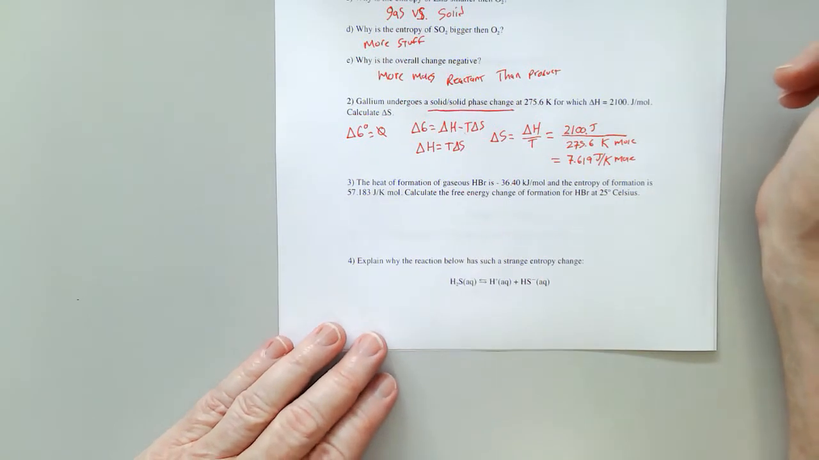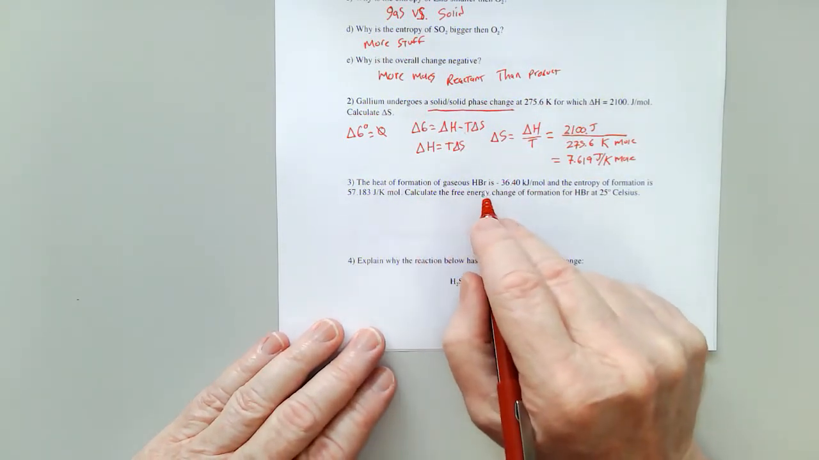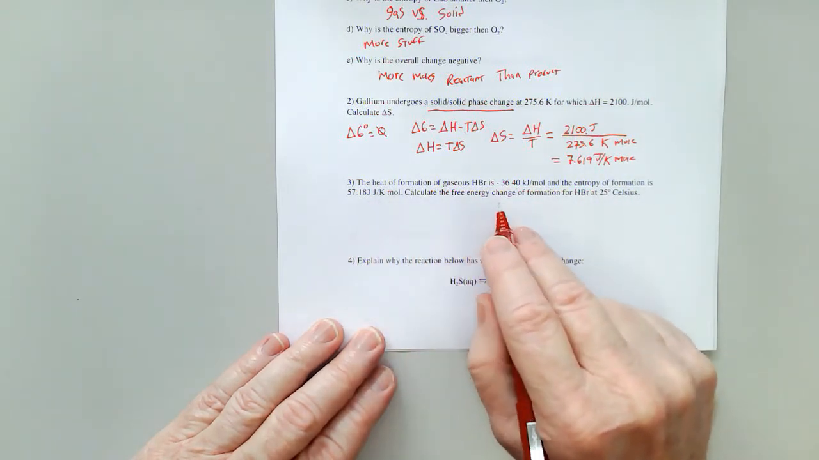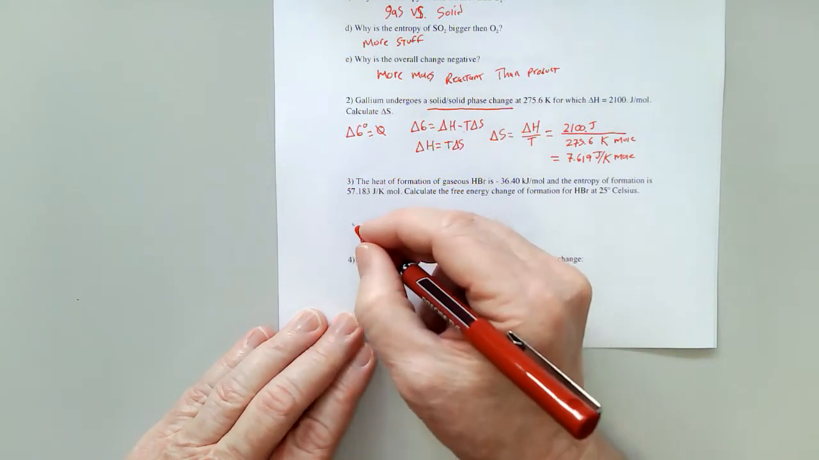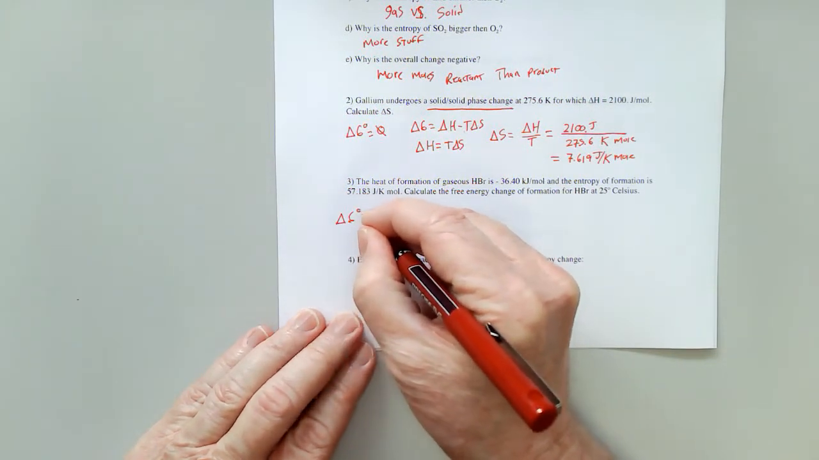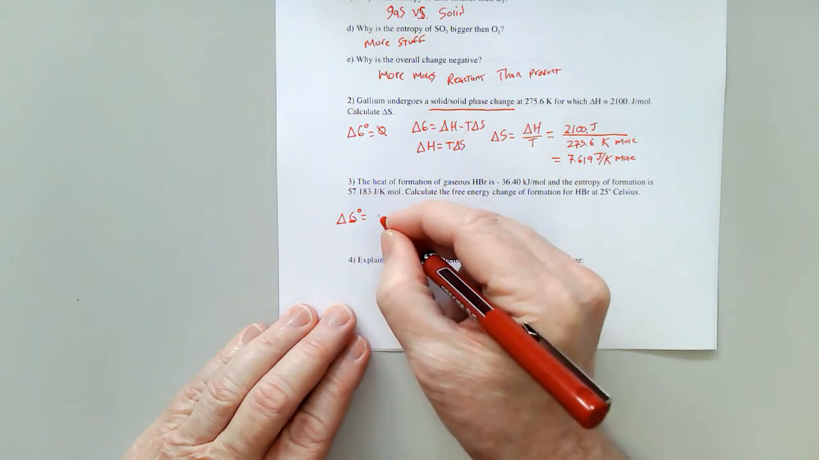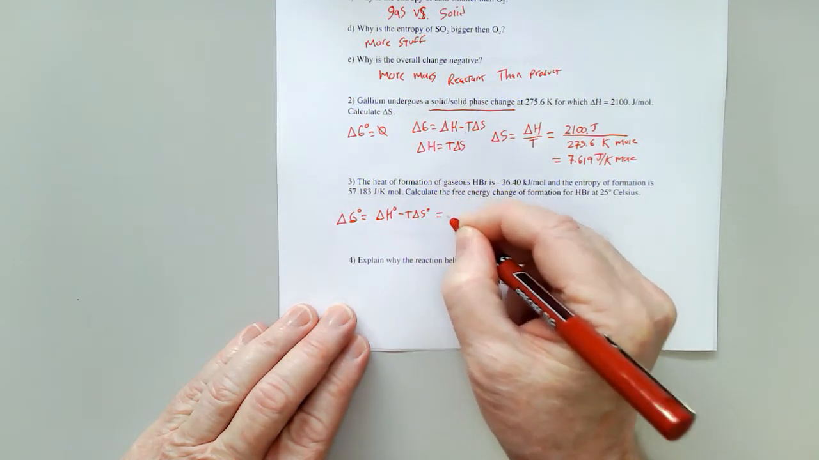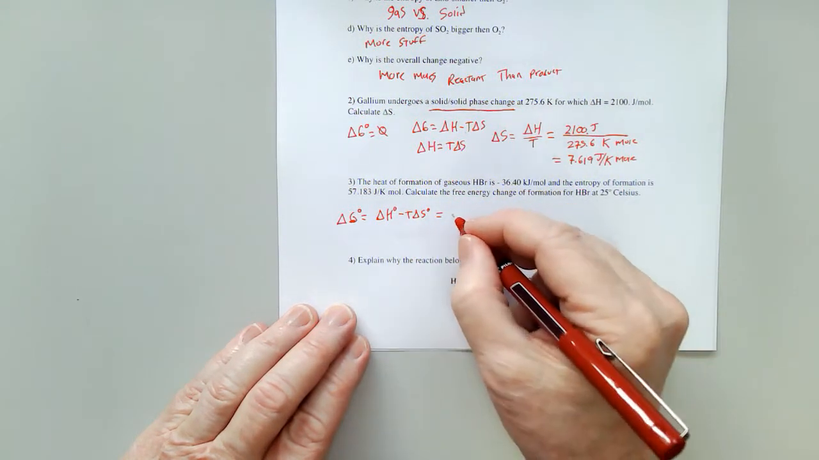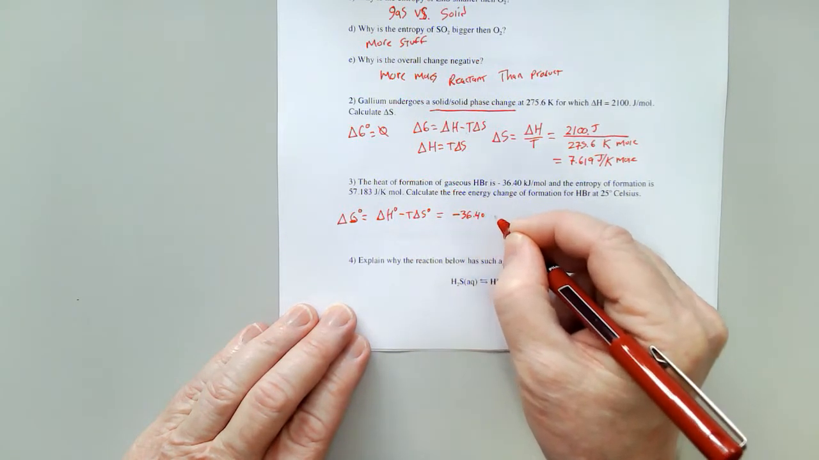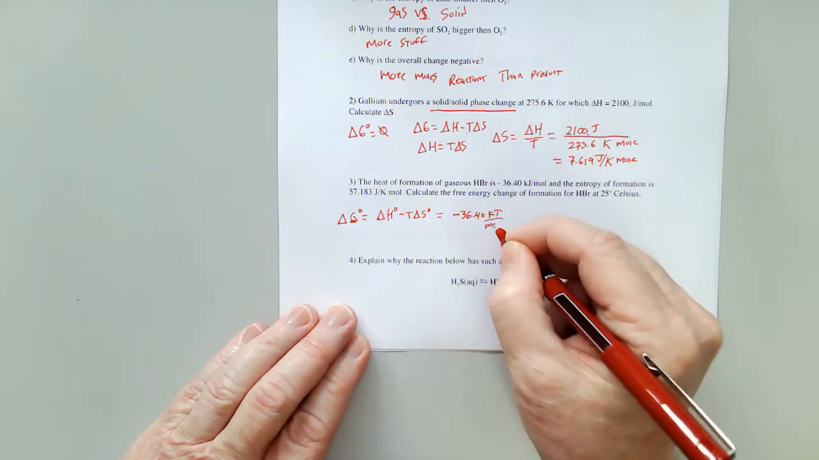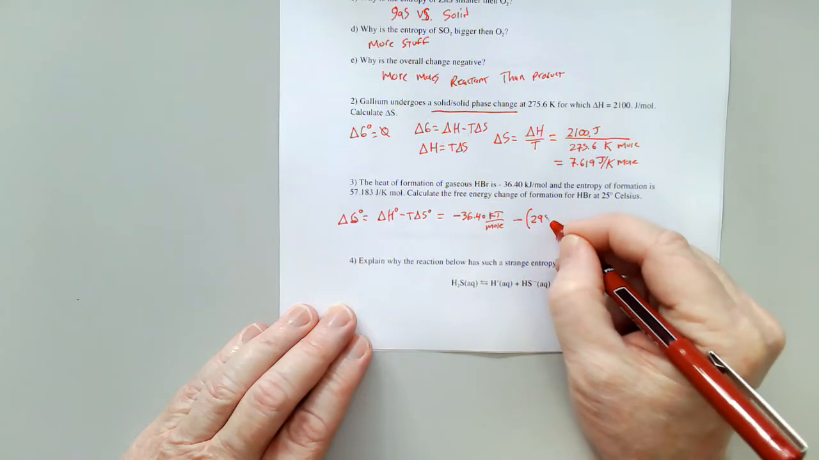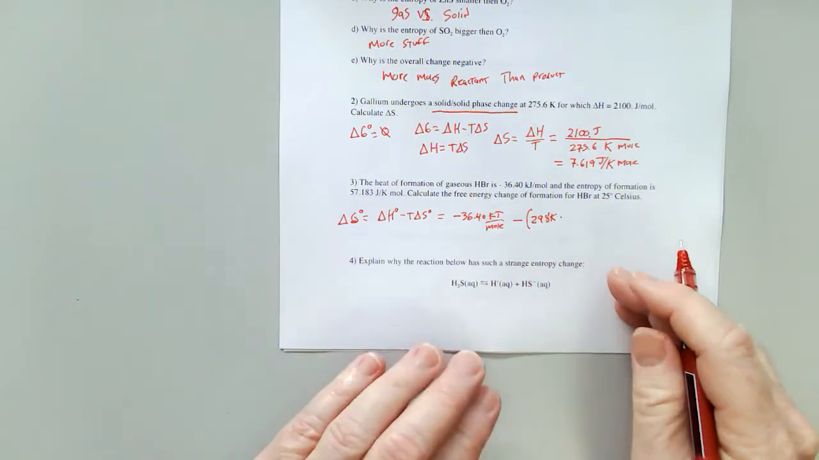Now, number 3, I'm talking about the heat of formation of HBr. I've got the value of the enthalpy of formation and the entropy of formation. Calculate the free energy change for this at 25 degrees Celsius. That's pretty straightforward. Delta G naught equals delta H naught minus T delta S naught, which equals negative 36.40 kilojoules per mole minus the product, it's 25 degrees, so that's 298 K times